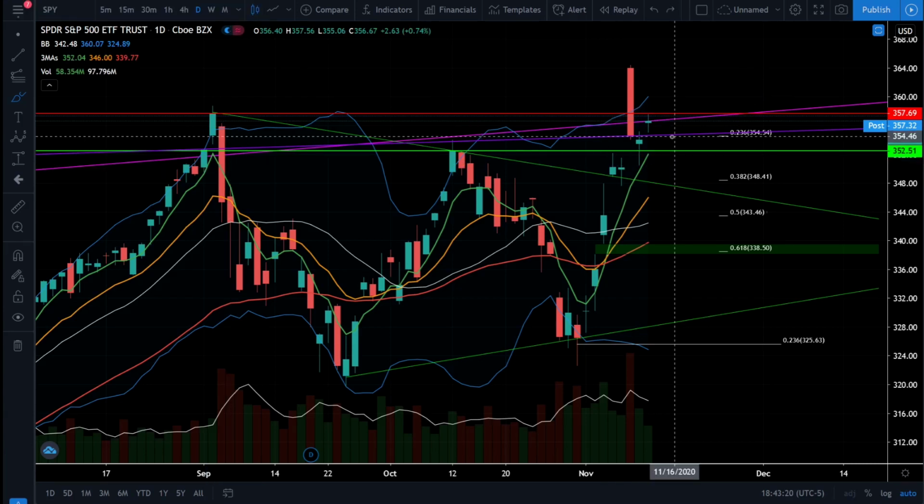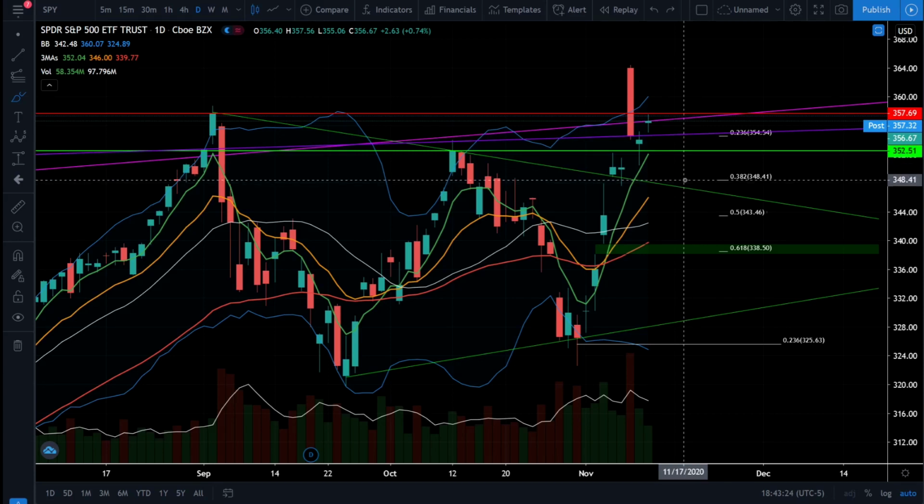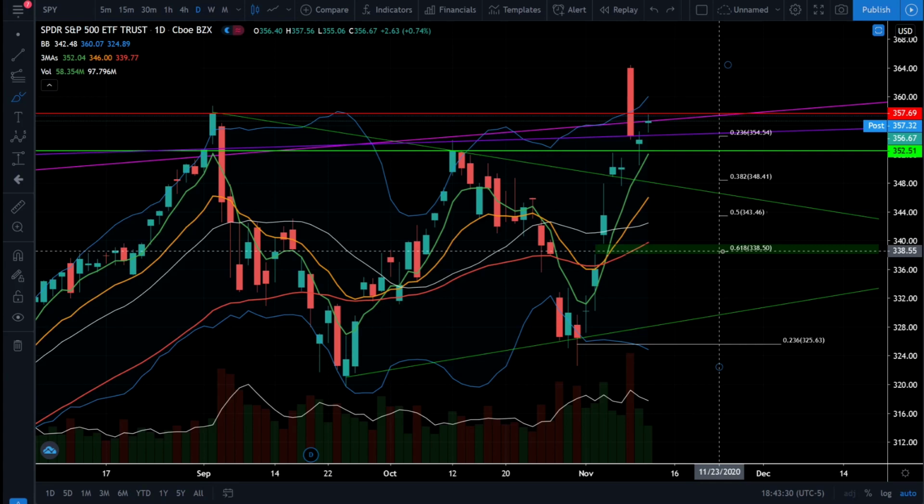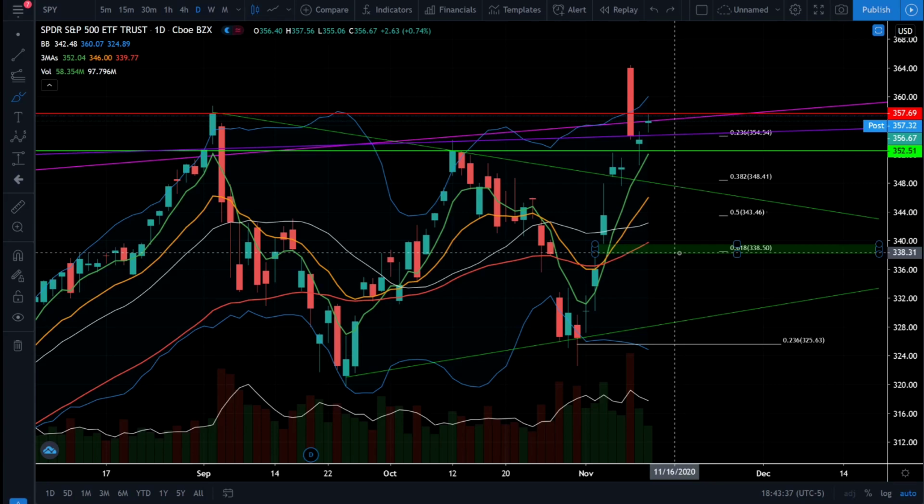So we're bullish on the S&P 500, but we're expecting a pullback somewhere between a 0.382 Fibonacci retracement at 348 and a 0.618 Fibonacci retracement at 338. Now don't forget, a 0.618 Fibonacci retracement will also close the gap that we have at 338. There's no guarantee we have to close that gap, but that could be the best buying opportunity that we have